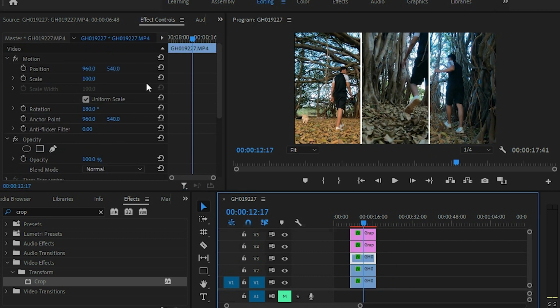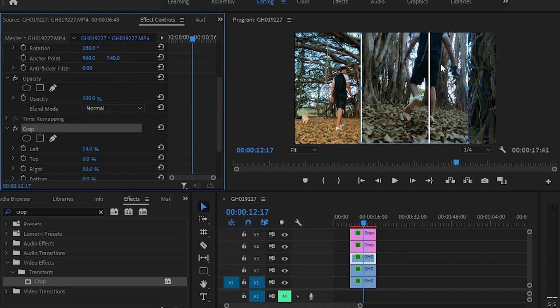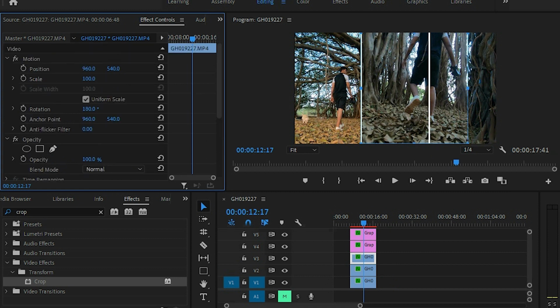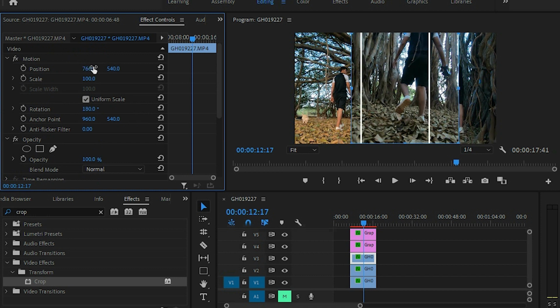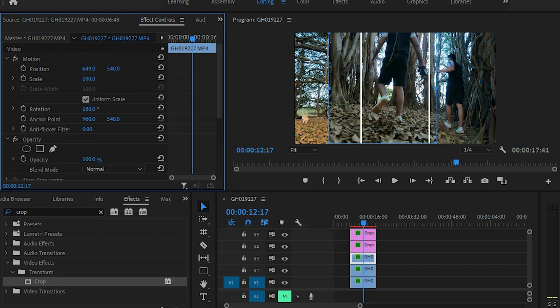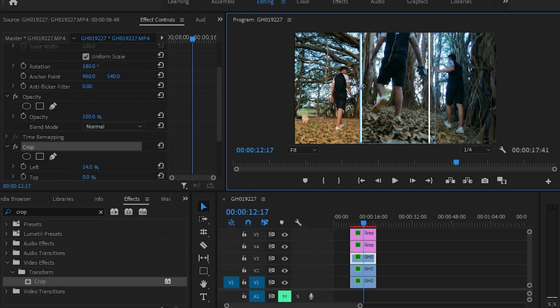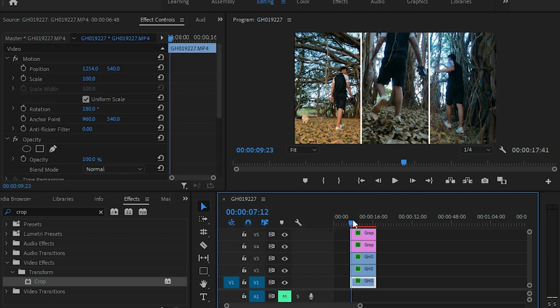Okay, now if you want to adjust, you can adjust your frame just like this. I have to adjust this frame, so what I'll do is just crop a little out from this side. Okay, so that will give me the perfect frame which I wanted to show in my video. I want this frame, so I'll move it to the center, and I'll just crop it out from both sides. So you have to do a little bit of readjustment, but in the end this effect will surely benefit you.